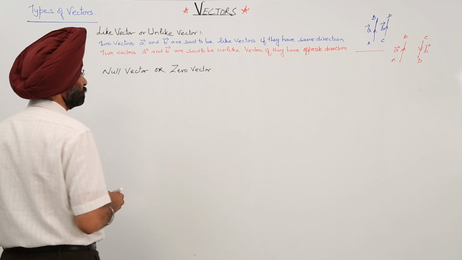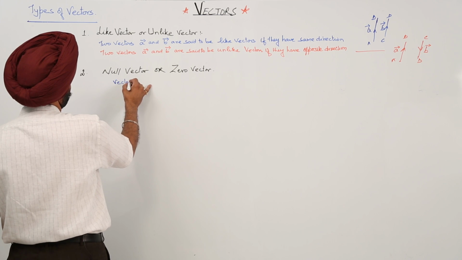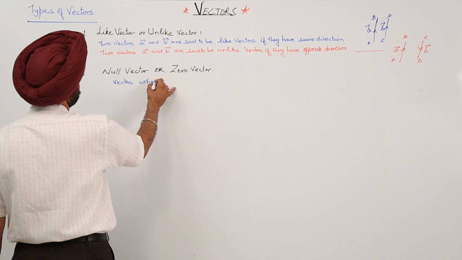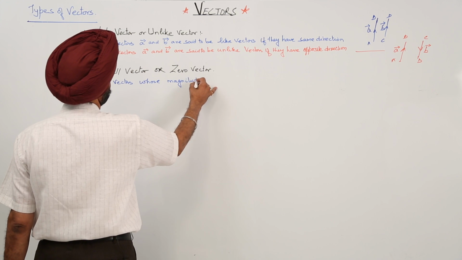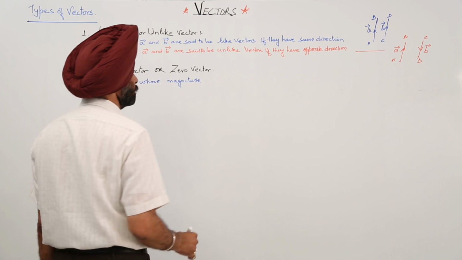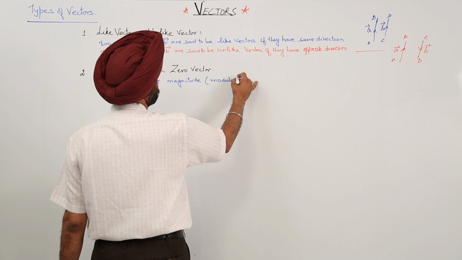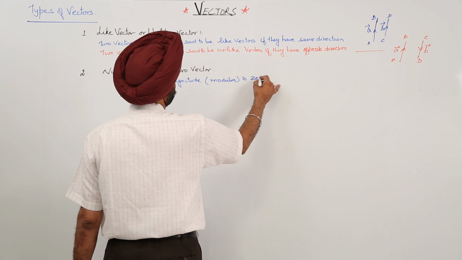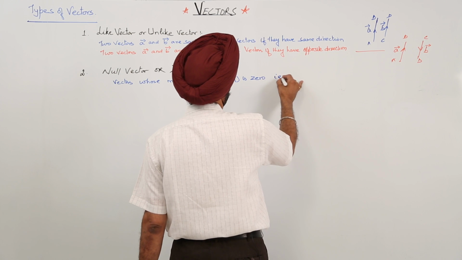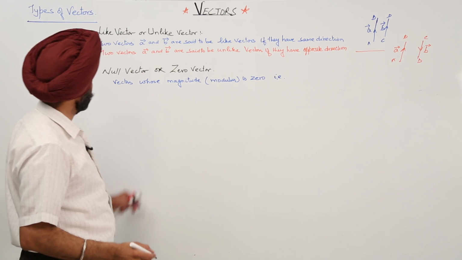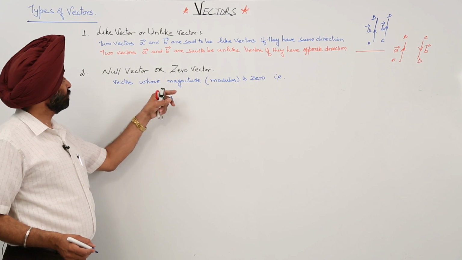Now vectors whose magnitude or modulus is 0, or what otherwise we can write it. Now clearly it represents if modulus of a vector or a magnitude is 0, then it is called a zero